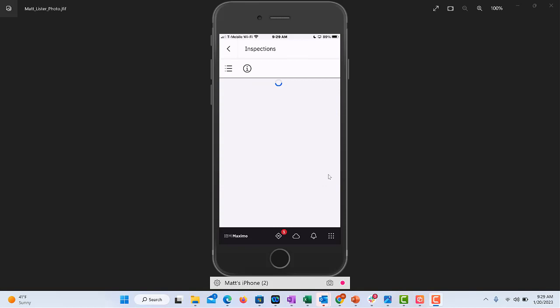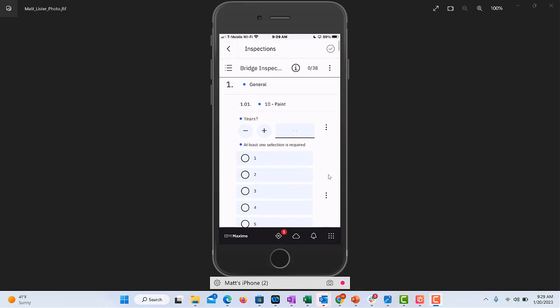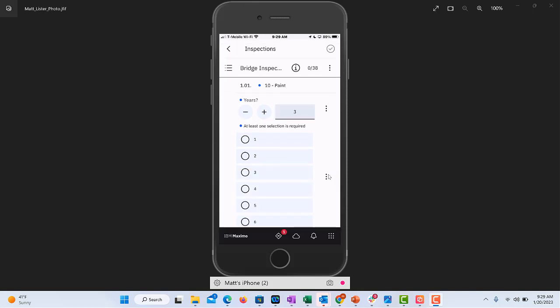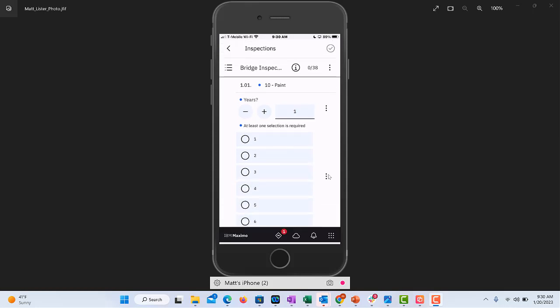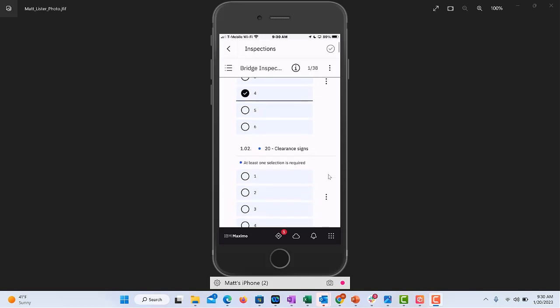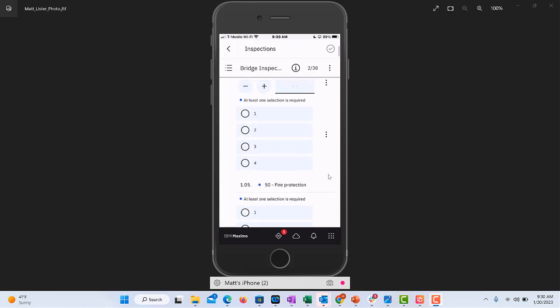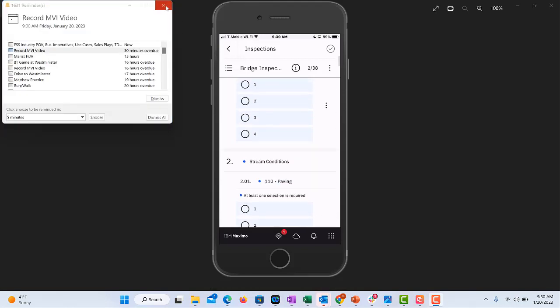And these inspection forms can be easily configured to answer any type of questions. It can be a multiple choice question like I have here. It could be a value question where I just type in, I could use the plus, or I could type it in directly. I could say, this was every 1 year. It can be multiple choice where I could just select. It can be a yes or no question. I have some of them down here. So as you see, you can create any type of inspection